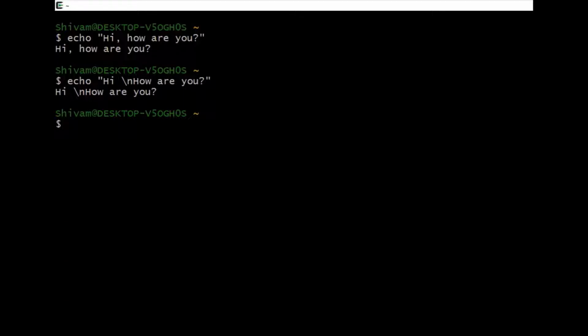So you must be wondering why it isn't working, because in Unix there are multiple options. To print in the next line we need to use an option called